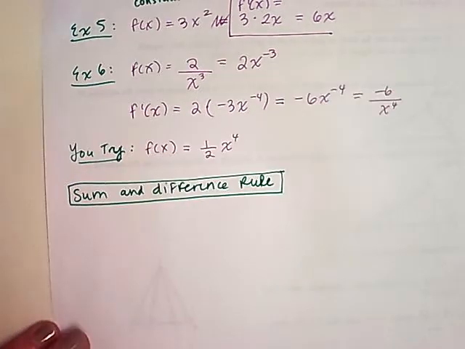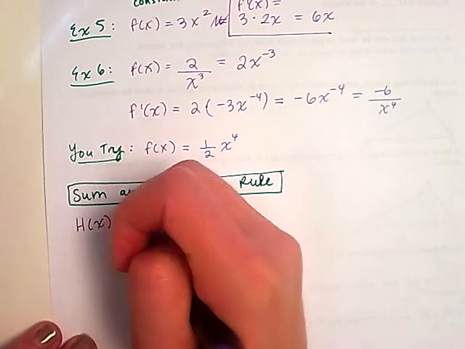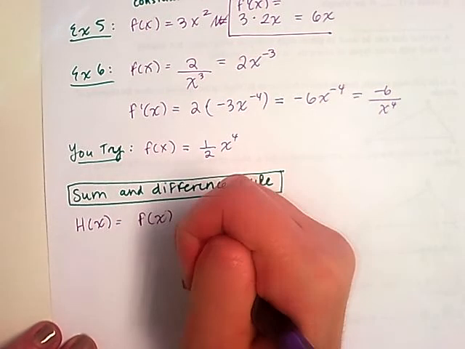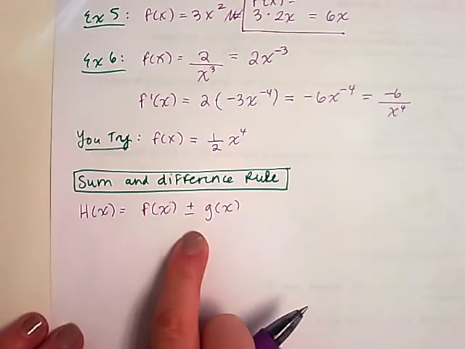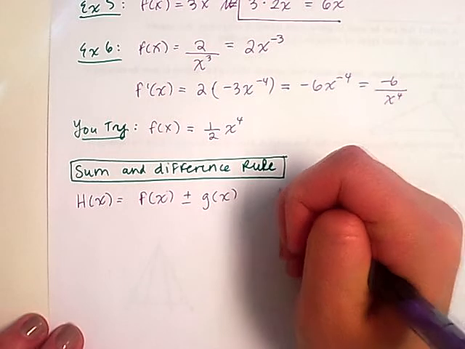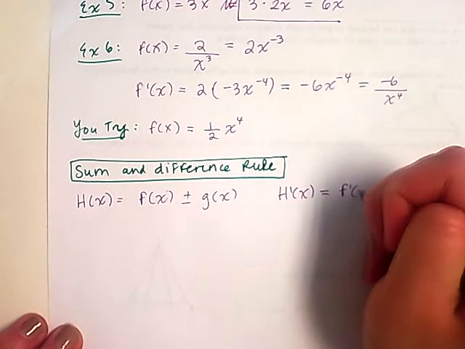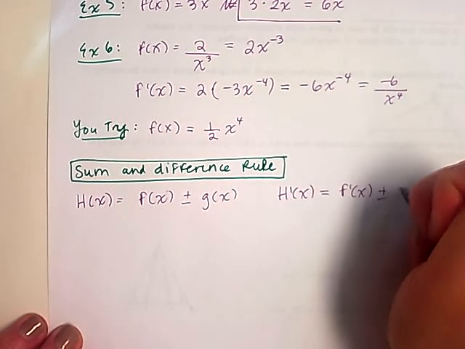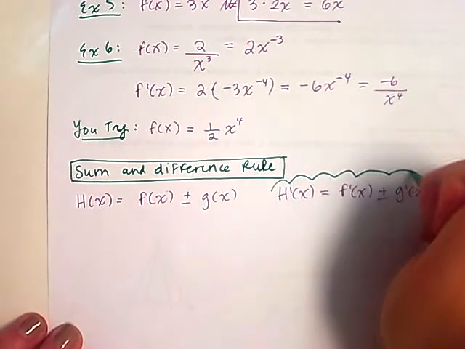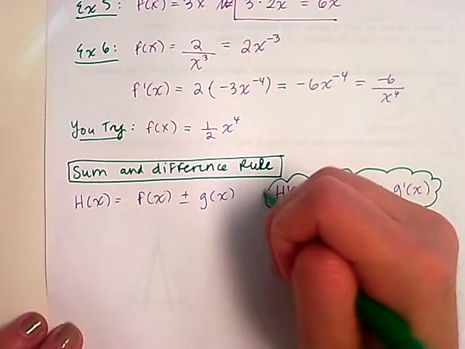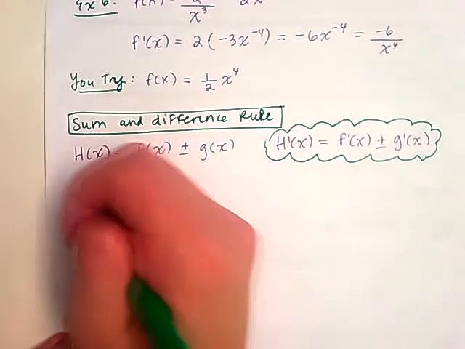So the sum and difference rule says that if you have some function h of x that is the sum or difference of some other functions, so we're adding or subtracting f of x and g of x, then h prime of x will be exactly just the sum or difference of the derivatives of those functions. So for an example,